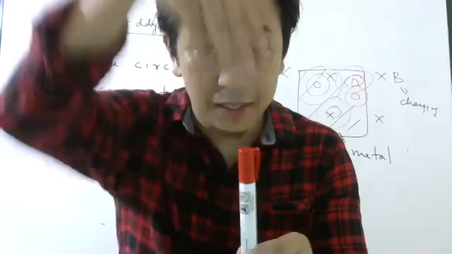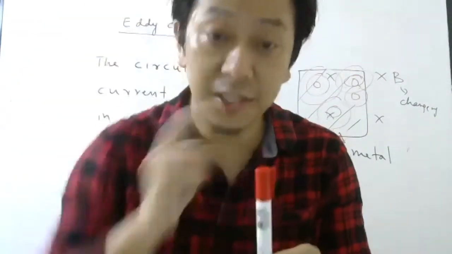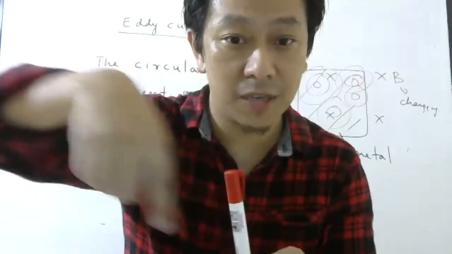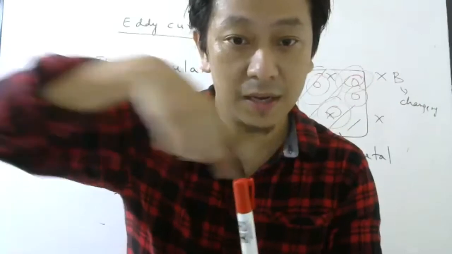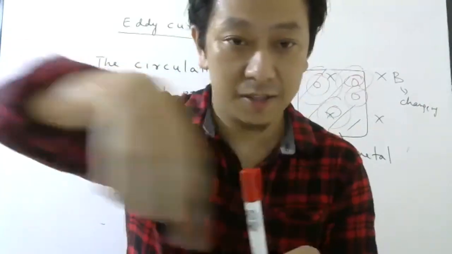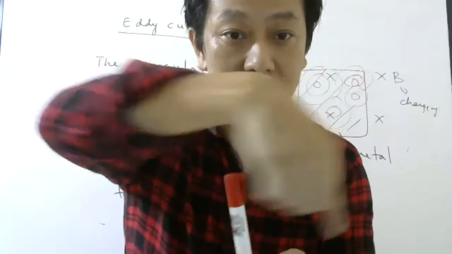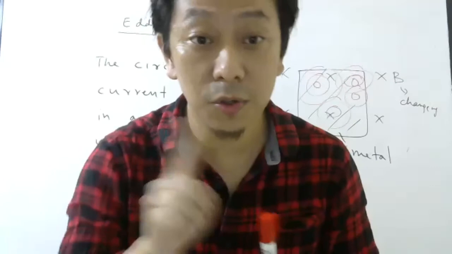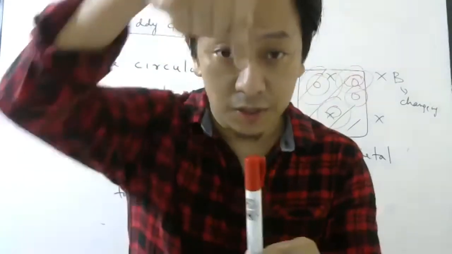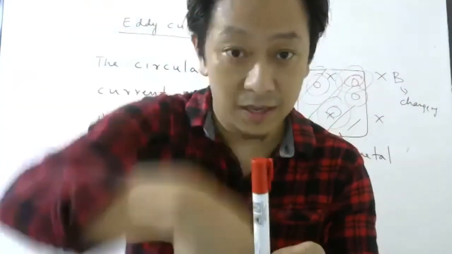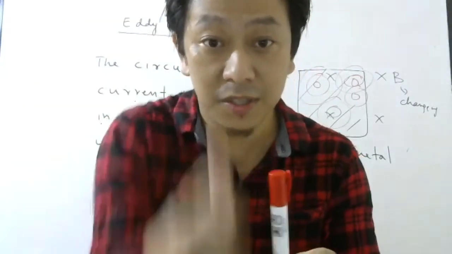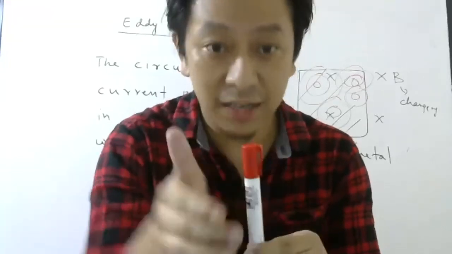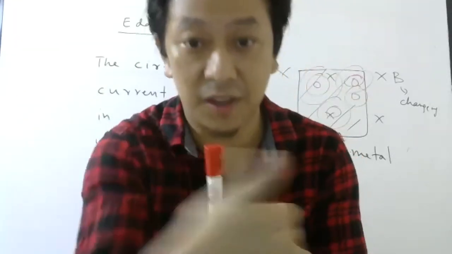So when this magnetic field is changing, meaning it can be increasing or decreasing, then there will be an electric field produced like this. Now the electric field can be either this way or this way. For that, what will you do? Use which law? Lenz's law. So if the magnetic field is increasing this way, to oppose this, you have to produce this magnetic field. So the electric field should be in this direction, so that if you put a wire, current will flow this way.